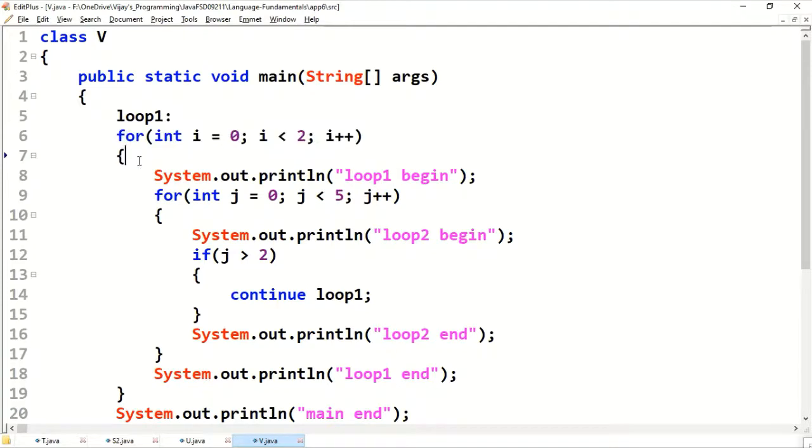I'm labeling this outer for loop by using this identifier name. This colon is mandatory, it should be there.